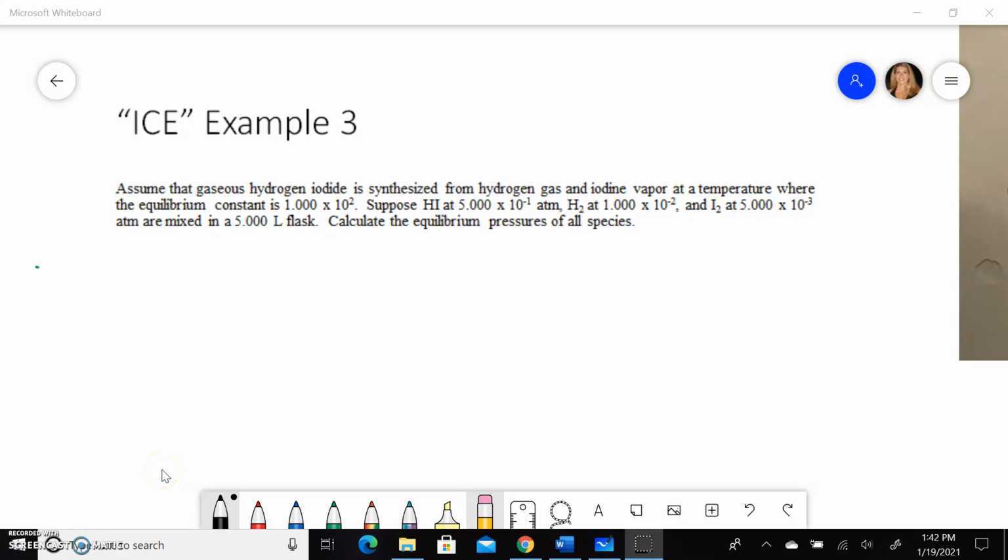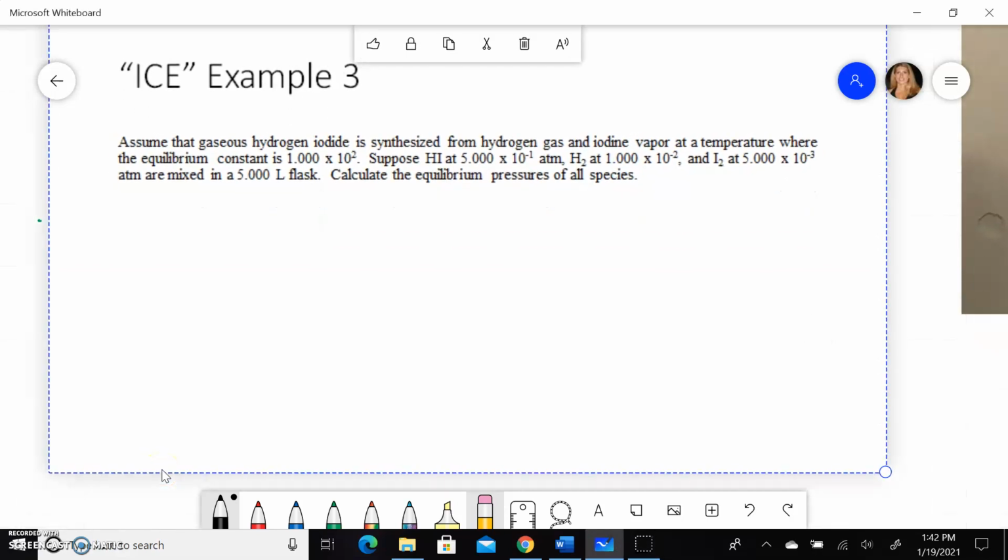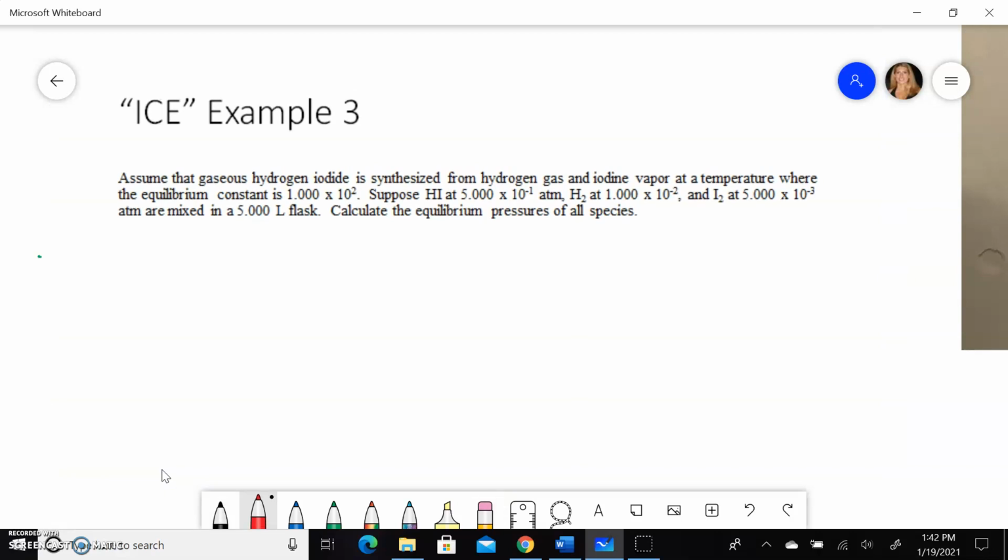All right, this is the last of the ice examples for the notes for today. So this is going to be a new reaction. So now we have hydrogen gas plus iodine gas forms hydrogen iodide. And notice that the units that they're giving us for these are in atm, which is a